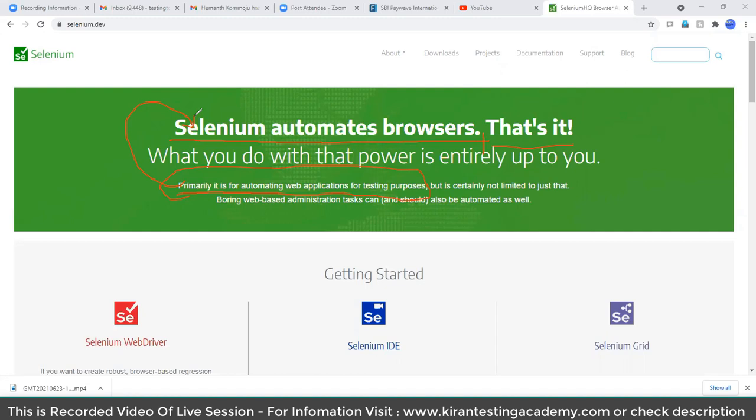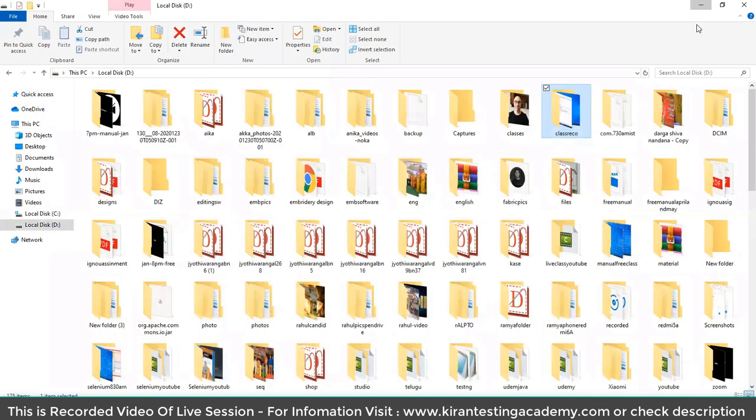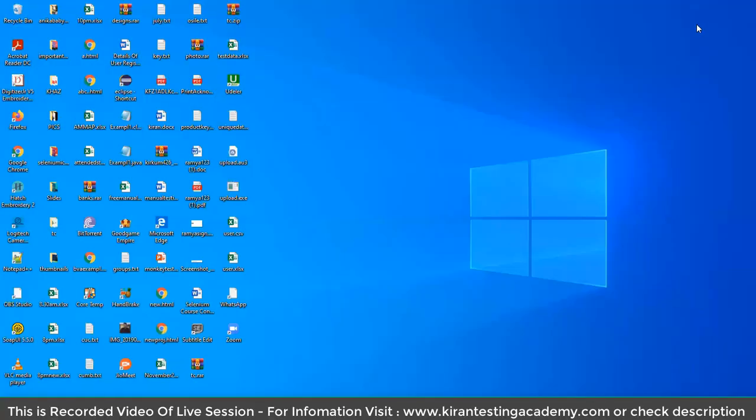So everything, whatnot, everything can be done using Selenium if it is a web application and if it is loading on a browser. Any browser of your choice. Any modern browser, it will work. Now, using Selenium, can I automate a standalone or a desktop based application? Here I have Core Temp. It will check the temperature of my machine.